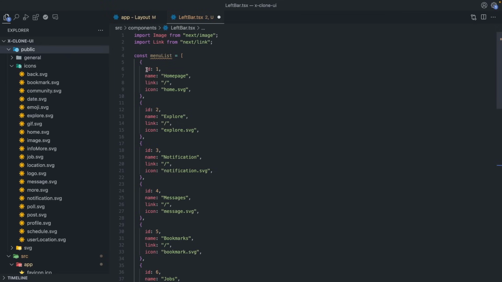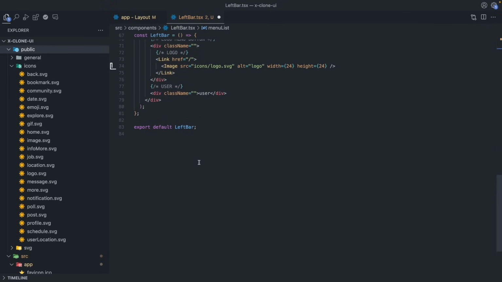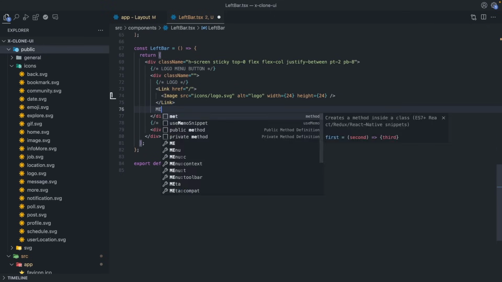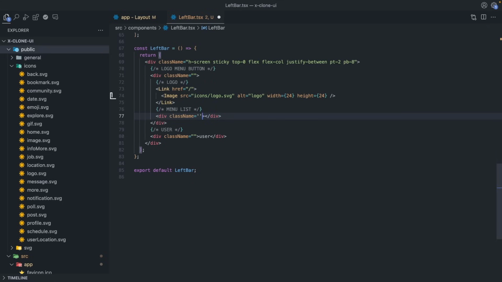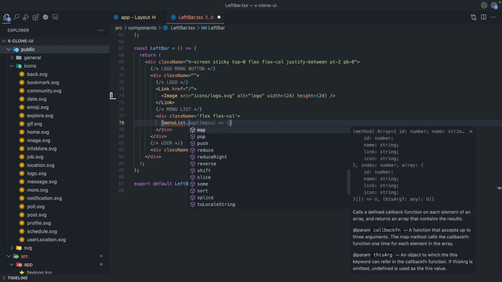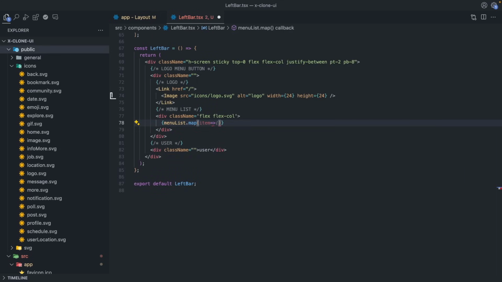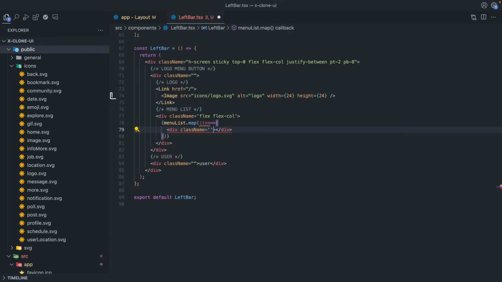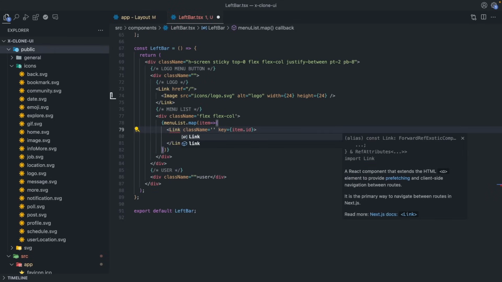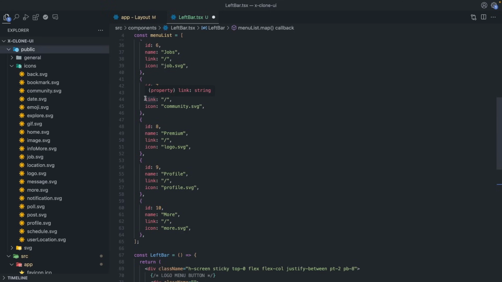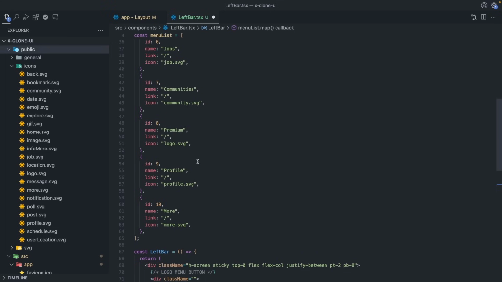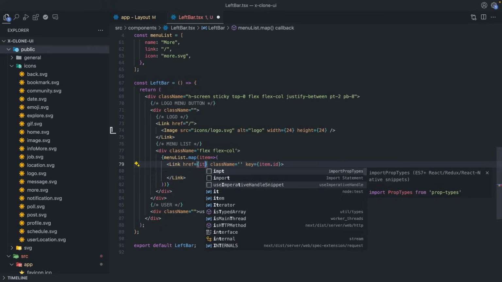And each item has an ID, unique ID, name, link, and icon. Let's use a map. Firstly, I'm gonna create my menu list. It's gonna be flex column, and inside I'll say menu list dot map, and for each item we are gonna create a div. Since we are using a map, we are gonna need a unique key for each item, and it's gonna be item.id. Actually, let's make this a link, because when we click them, we are gonna open our list item links. Of course, we don't have any, but anyway. So I will say item.link,